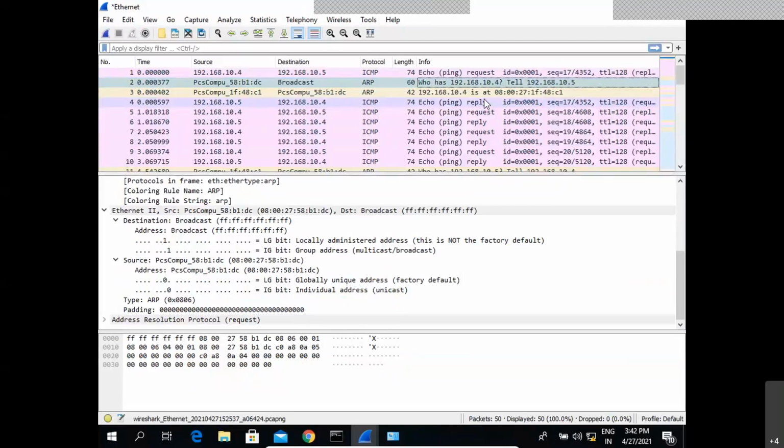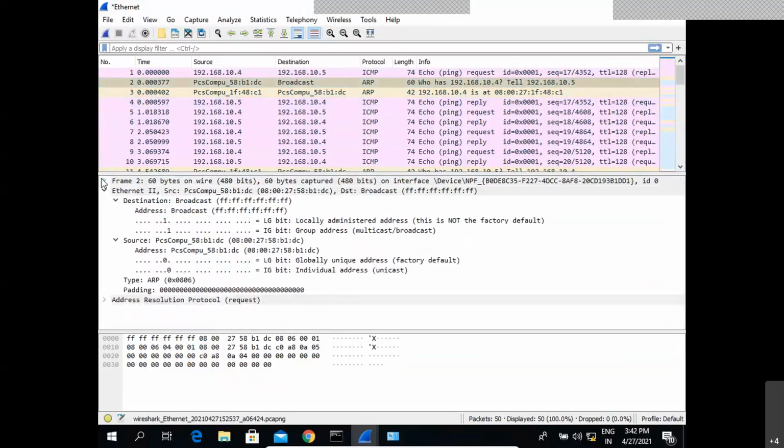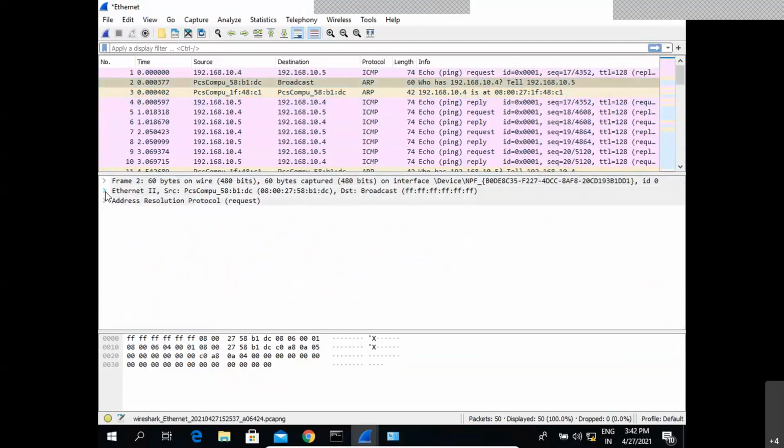So this is one ARP request. This request is nothing but a broadcast. Why is it a broadcast? Because we don't know where this machine is exactly on the network. So this particular packet will be sent to all the systems that are available on the network. So my system will be sending this communication to all the systems available.